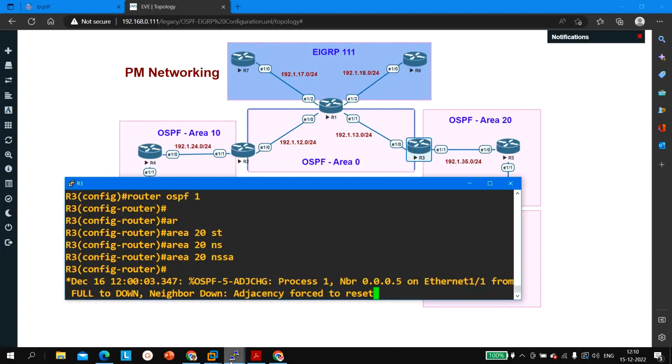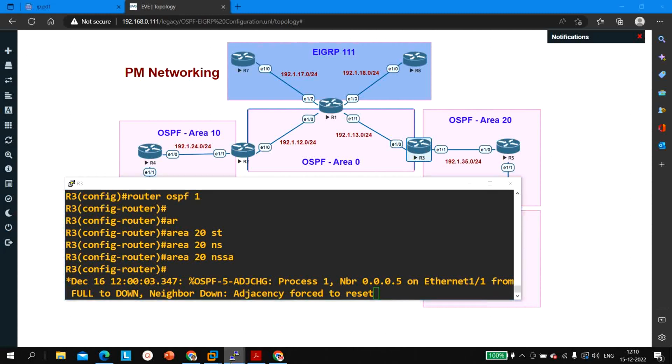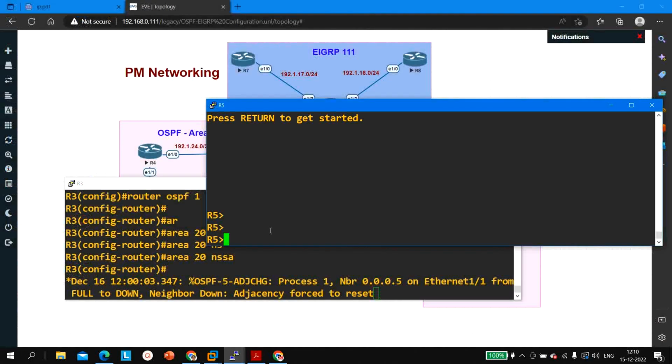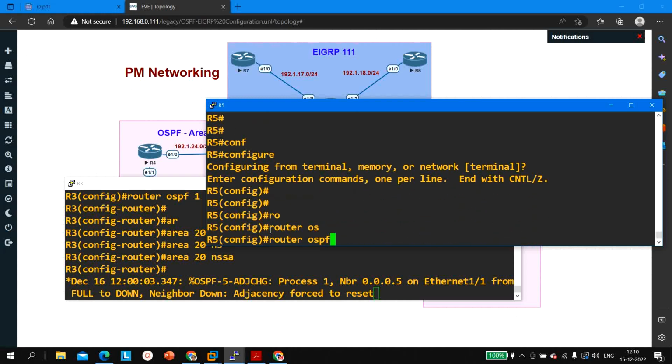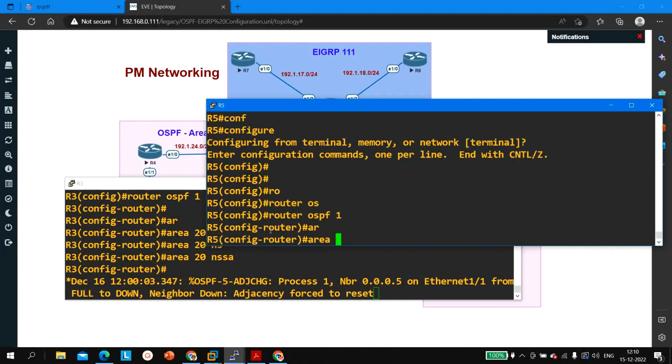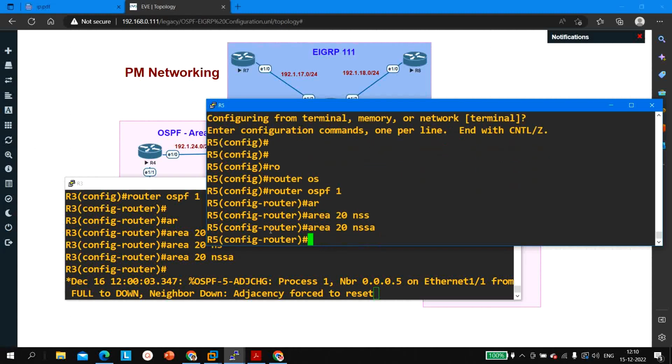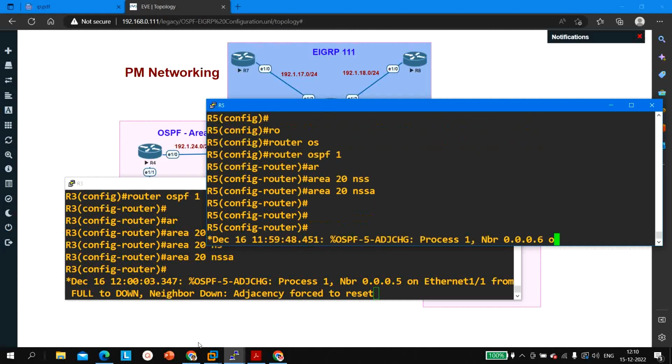On router number 5, so go to router number 5. Here also we need to run the same commands: config t, router OSPF 1, area 20 is NSSA, and on router number 6 also